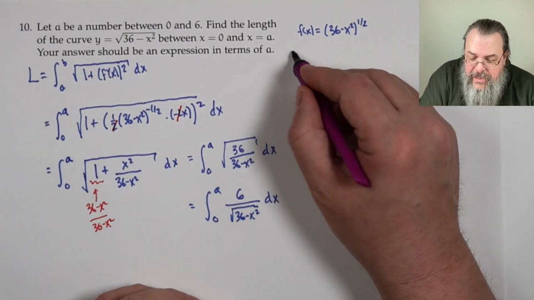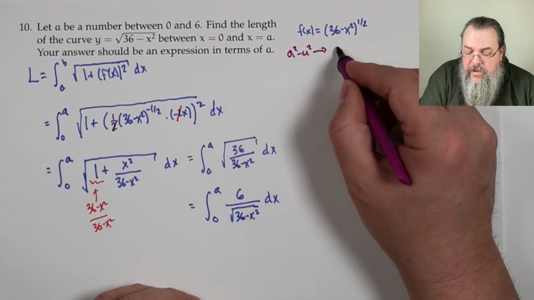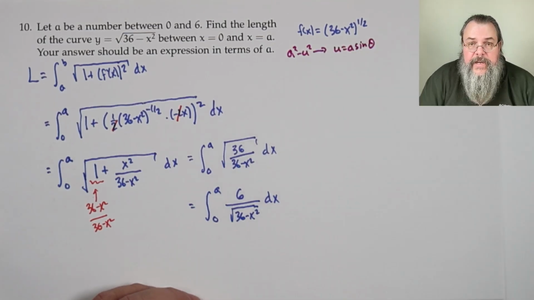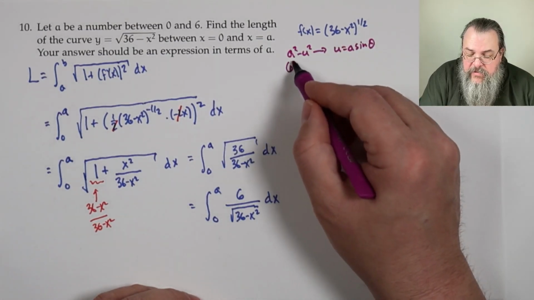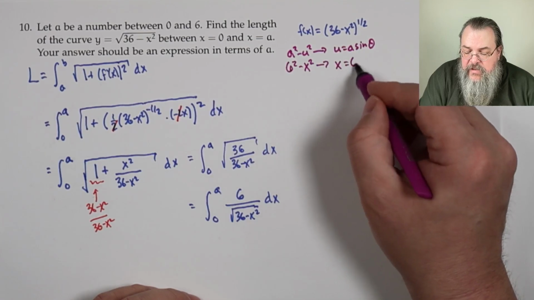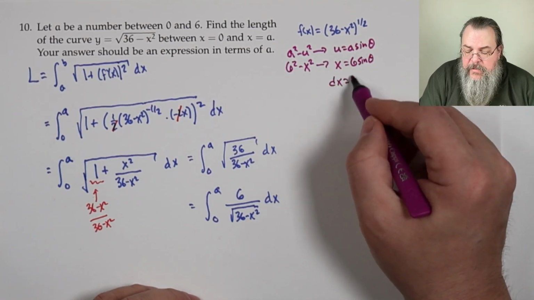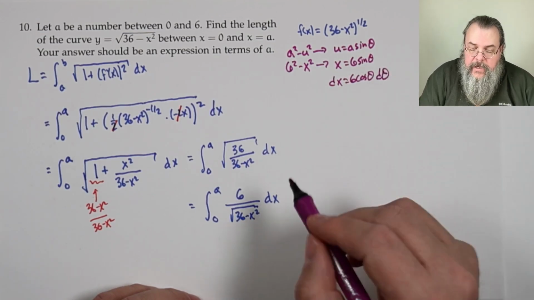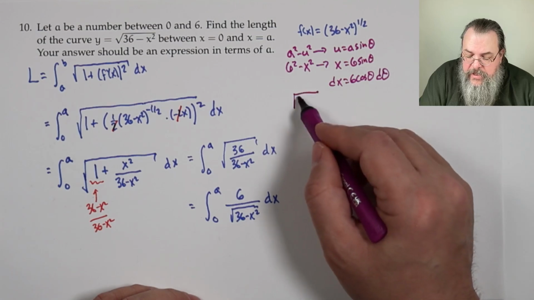So when we see a squared minus u squared, that says that we should set u equals a sine theta. Now in our case, we have 6 squared minus x squared. So what we have is that x should equal 6 sine theta. That will tell us that dx becomes 6 cosine theta d theta. And if you work it out, and we've done it so many times already today, we'll go ahead and